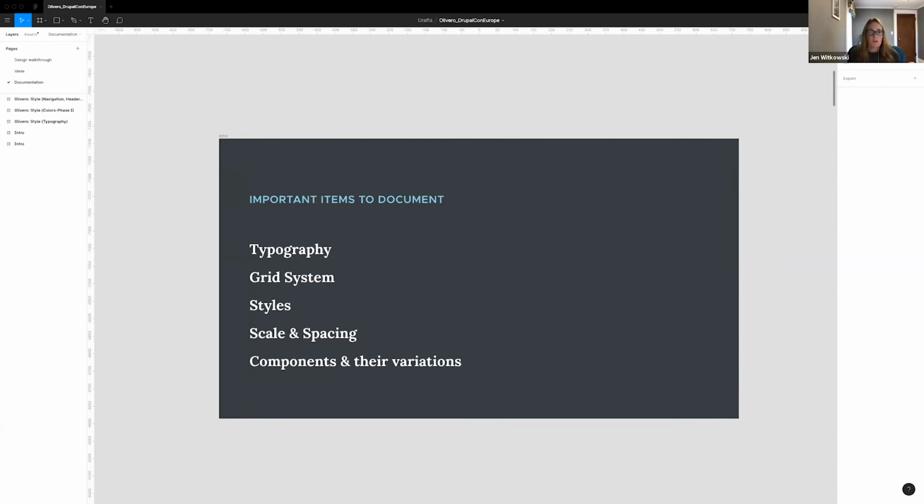And this library includes things like styles for typography and color, but also has a component library where you could really quickly pull components from that library to assemble pages. We also have design documentation in Google Docs. And Google Docs holds our more detailed design documentation, details around things like scale and spacing and our grid system.